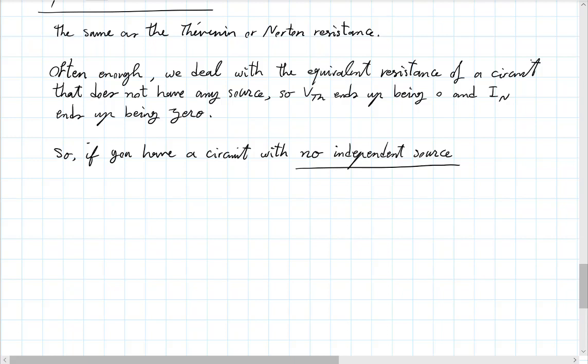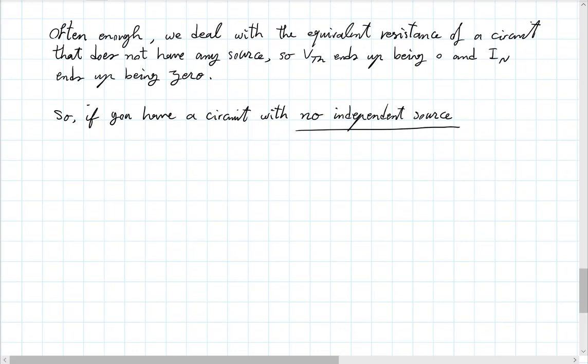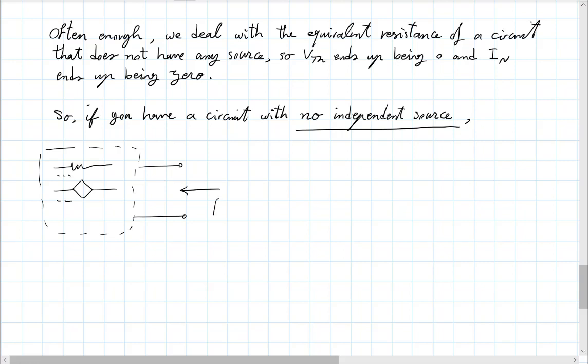As long as they're linear, again, all these things that we've discussed apply. And so if you have a circuit with no independent sources, so if you have something like this with many resistors and dependent sources inside, and you want the equivalent resistance,